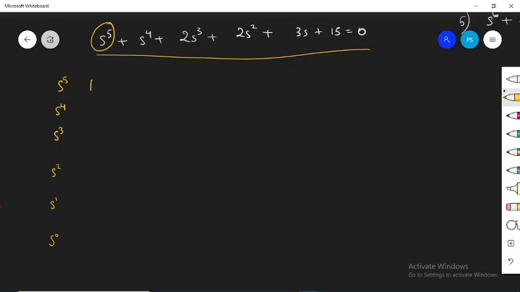First coefficient, it will come over here. The coefficient of s to the power 5 is 1. Coefficient of s to the power 4 is also 1. So first you write the first coefficient, then you write the next coefficient below this. Third coefficient, s cube, it's going to come over here. So in the next column it will be 2. Then next coefficient, again that's 2. Next coefficient, it's 3, and next it's 15. So this is how you write the first two rows of the Routh array.